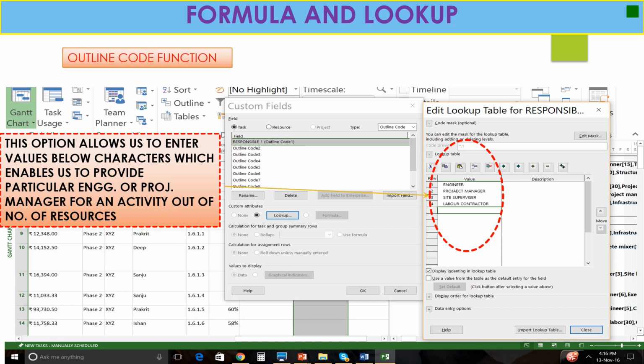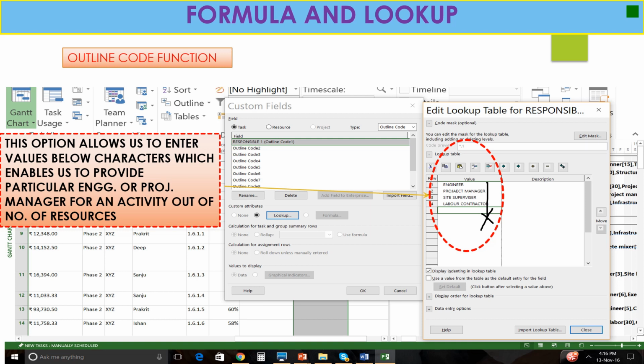Now to add the outline code function, here you can see that all the responsible persons are already added as values in that particular tab. These options allow us to enter values below characters, which enables us to assign particular engineers or the project manager to particular activities out of a number of resources.